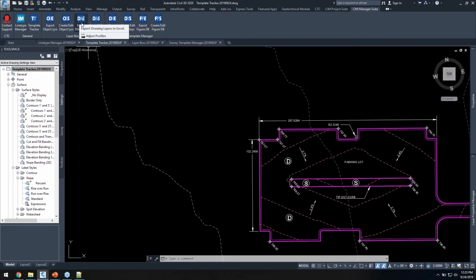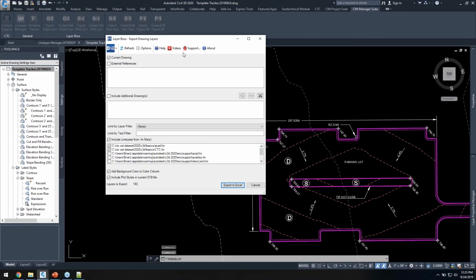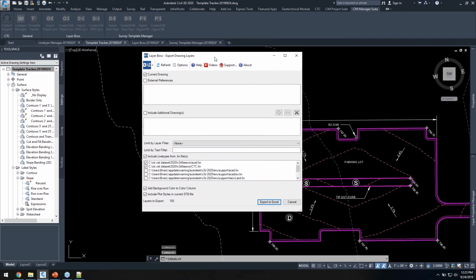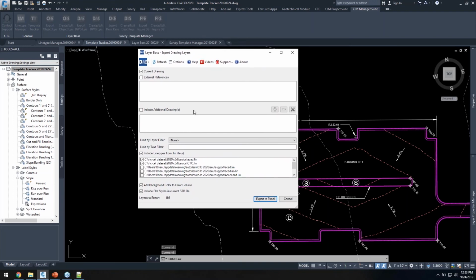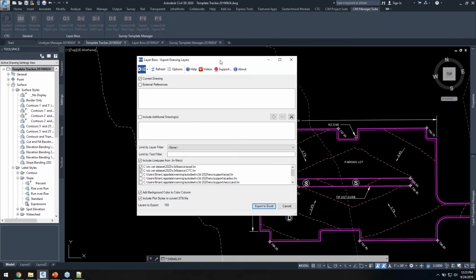We'll come up here and click on Export DWG Layers. And as I mentioned, this is one we've made some enhancements to. So I'm working on a beta version of the 20.0.2 version. This should be out shortly, maybe a few weeks, a month or so. And we've got some requests for some additional options in it. And one of those things we've done,